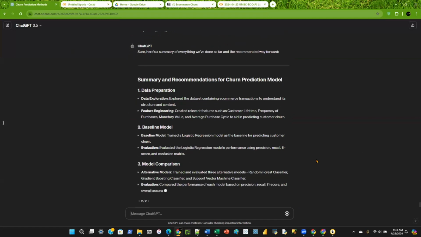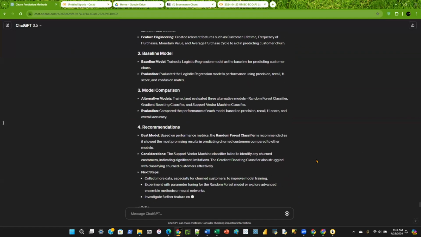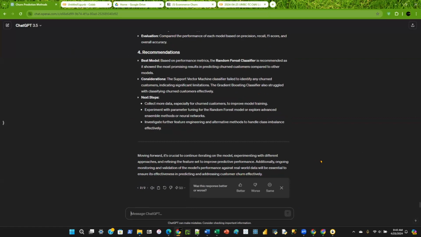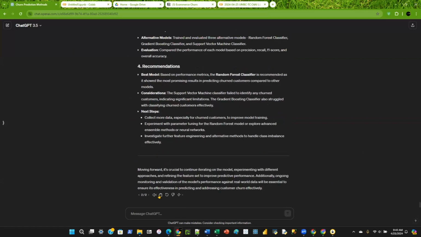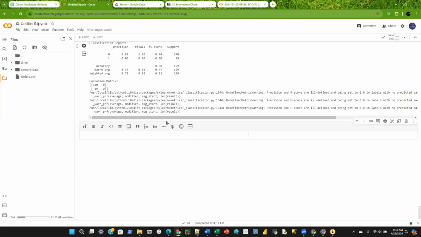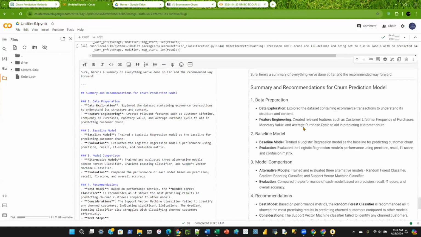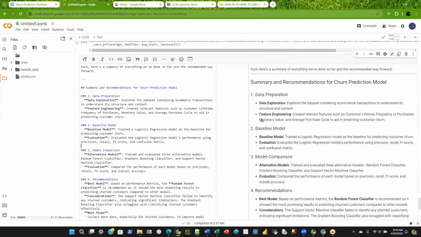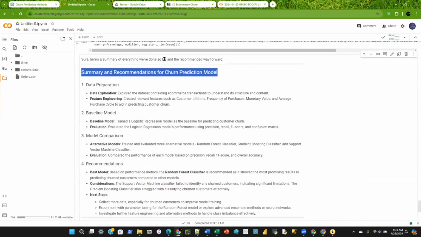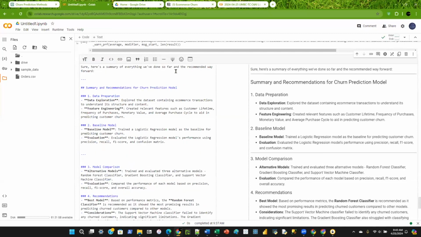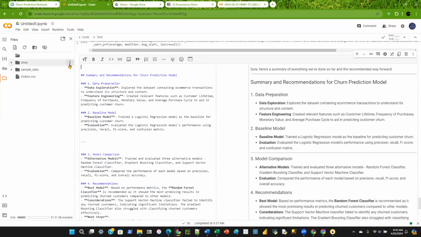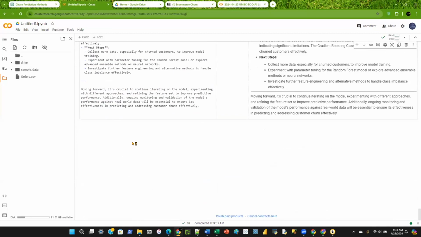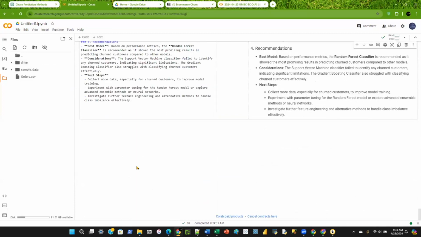So this is the power. It does everything. We're interacting with it. It's our assistant, our co-pilot, whatever it is. It does everything for us. I'm going to copy this, and I'm in the markdown here, and here it is. I get the summary. Maybe I don't need the beginning and the end. Maybe that's all I need for the markdown.